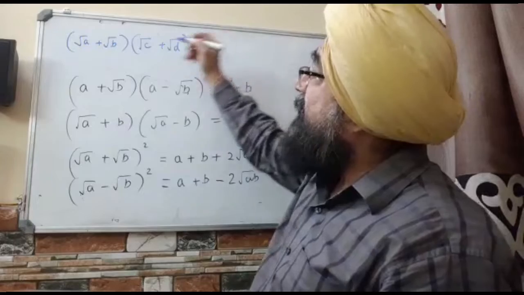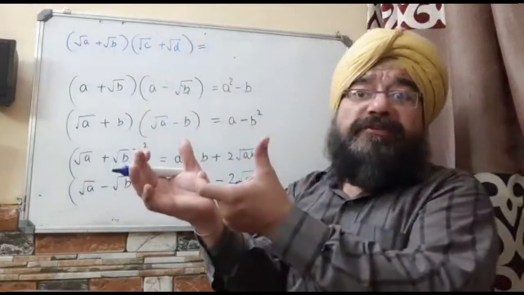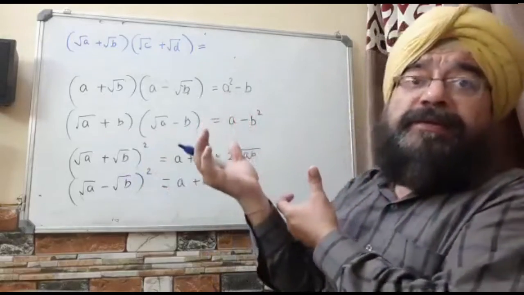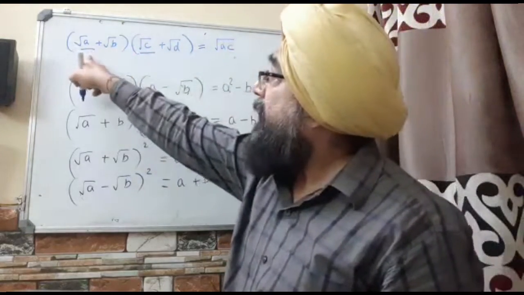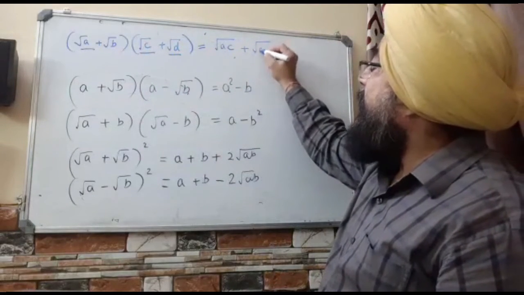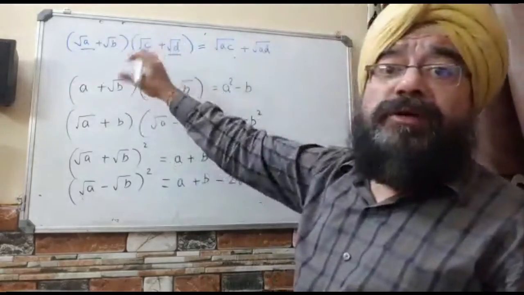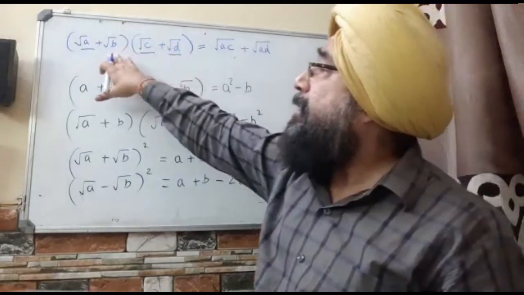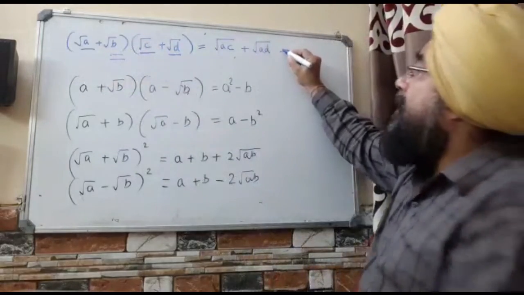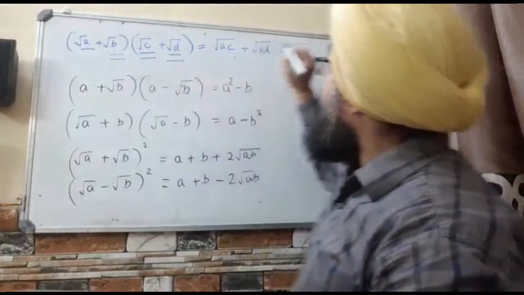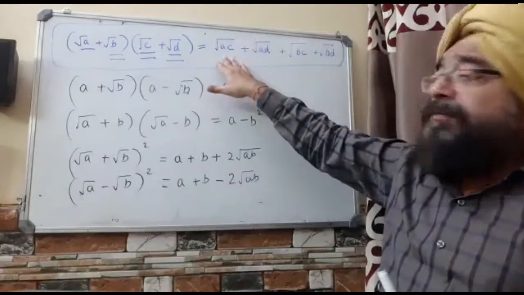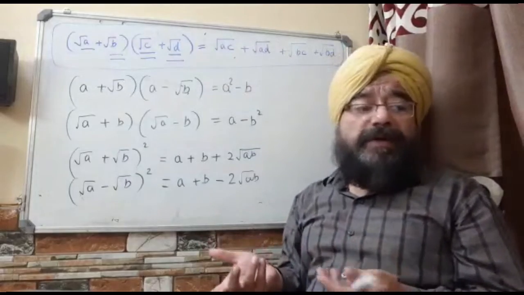Yes, sir. See, अब इसमें क्या हो जाएगा? जैसे आप नॉर्मली किसी फैक्टर को किसी दूसरे फैक्टर से मल्टीप्लाई करते हो, वैसे ही आप इसमें भी मल्टीप्लाई कर लोगे, यानी कि रूट ए फर्स्ट ऑफ ऑल मल्टीप्लाई होगा रूट सी से, तो रूट ए सी हो जाएगा। फिर ये रूट ए मल्टीप्लाई होगा इस रूट डी से, तो रूट ए डी हो जाएगा। अब ए की बारी खत्म हुई, अब बी बचा हुआ है। जब रूट बी मल्टीप्लाई होगा रूट सी से, तो रूट बी सी बनेगा। और फिर रूट बी जब मल्टीप्लाई होगा रूट डी से, तो रूट बी डी, तो ये इसका आंसर हो जाएगा। ठीक है। अब अगर इसमें से कोई भी नंबर आ रहा हो और परफेक्ट स्क्वायर हो रहा हो, तो रूट गायब हो जाएगा अथवा रूट पड़ा रहेगा, तो उसमें कोई बहुत बड़ी चीज़ नहीं हो गई। तो आई होप आपको सबको क्लियर है।